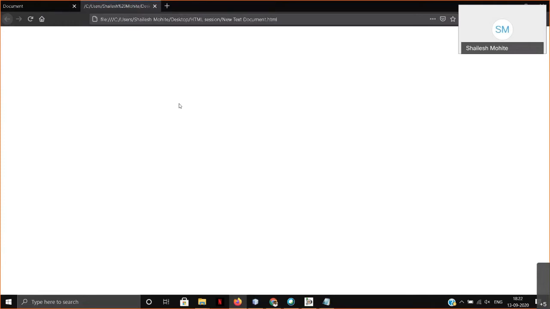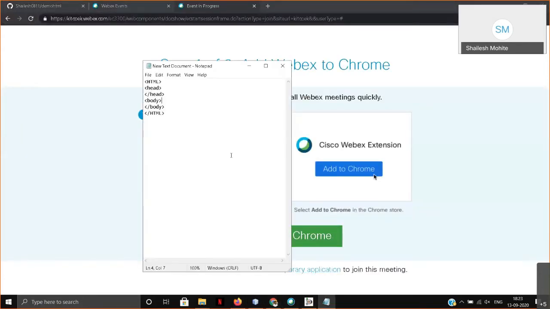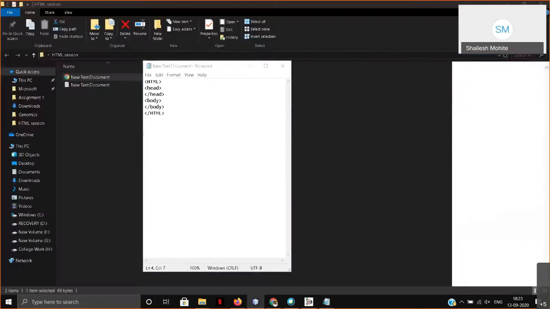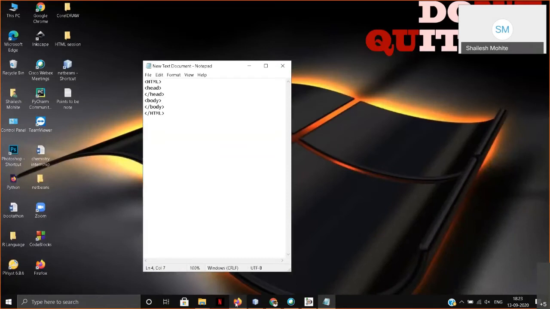For a hard reload you should go with Control Shift and R. The next step is to right click on the saved file and open it with a web browser, and we have already opened it with a web browser, right? So no need. Go to the web page and refresh it. I have told you how to refresh it.